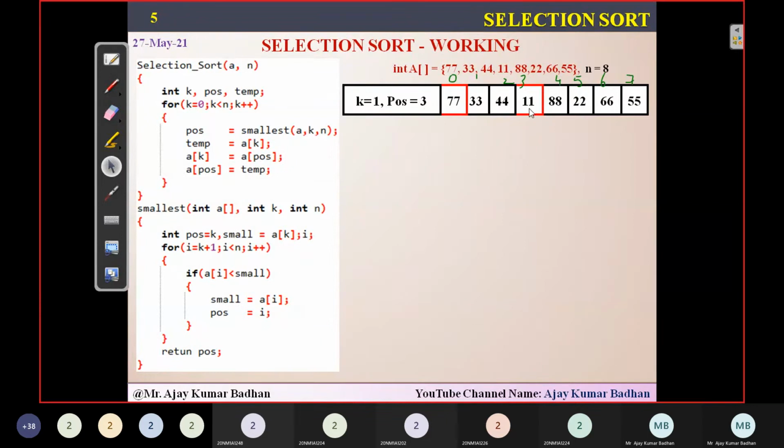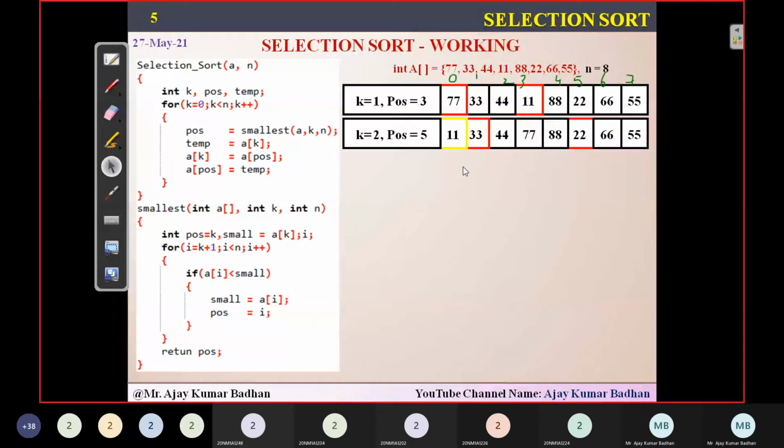What I need to do is simply swap it. So in the second iteration, you can see here, I am representing with the yellow color border that that particular position is sorted and the remaining elements we need to sort. So at k equal to 2, the second iteration, we are selecting the element at location 1, which is 33, and we are comparing it with every element. We found that at location 5 we got the element we wanted to swap. So we are simply going to swap 33 and 22. And finally, the output we are going to get here is 11, 22.